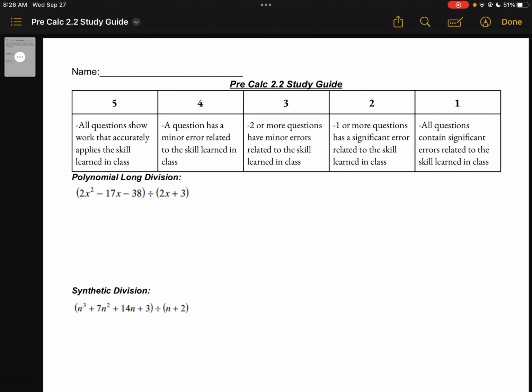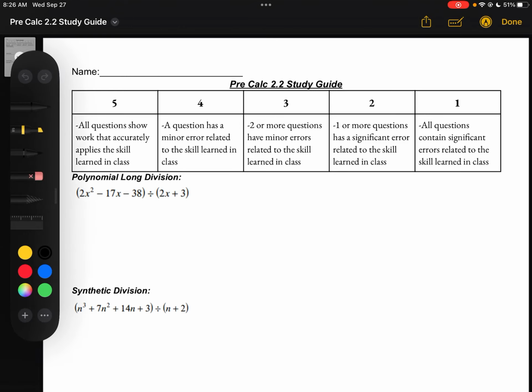Hey everybody, so today's study guide we're going to be going over our answers here. So again, if you need help on this skill, take a look at the video on the guided practice questions from yesterday, but the study guide here should hopefully help get you some answers for some of the things we're looking at. So long division specifically, we have to start off by putting this